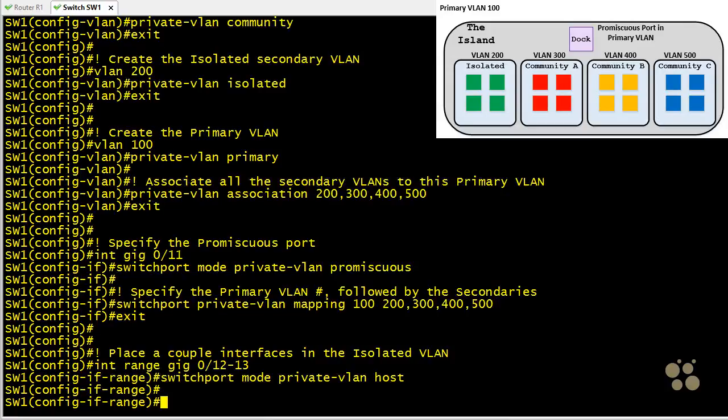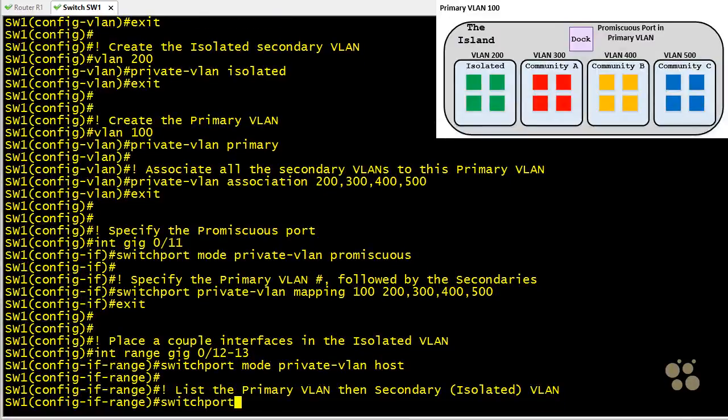Now, the tricky part for the switch is it knows, because of this command we used, that they are going to be host ports in this private VLAN configuration. However, the switch doesn't know yet which private VLAN is participating in. So to fix that, we're going to use the command in interface configuration mode of switchport private-vlan host-association, and